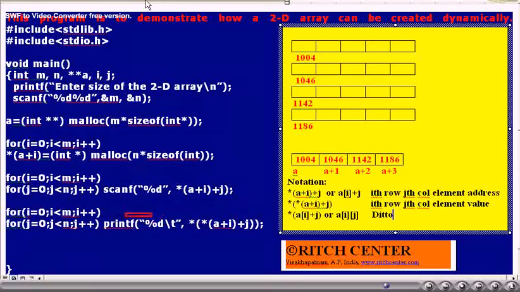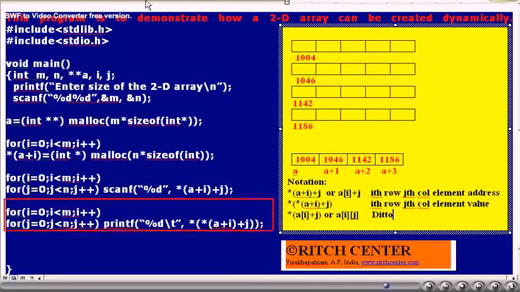Remember, in this approach, we have got the flexibility of creating a 2D array dynamically such that it has any number of rows and any number of columns.